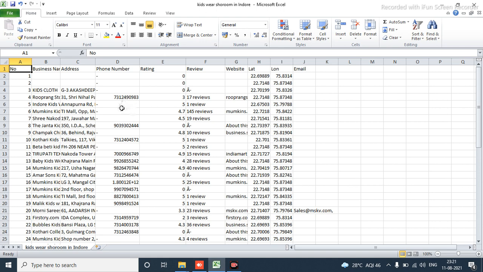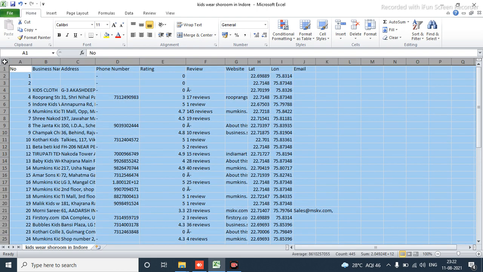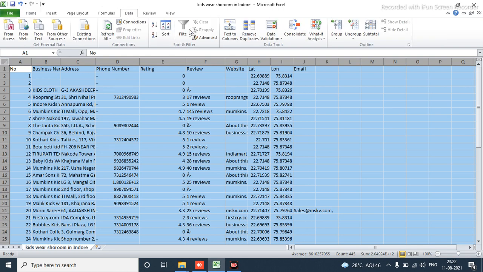We remove this blank area because we want only WhatsApp numbers from this sheet. We want to keep only WhatsApp numbers, and the blank rows and landline numbers we are going to remove. First we will remove the blank rows. To do that, we select the complete sheet from this corner arrow. We have selected all the sheet, then we click the data button, then filter.